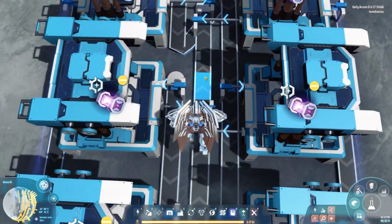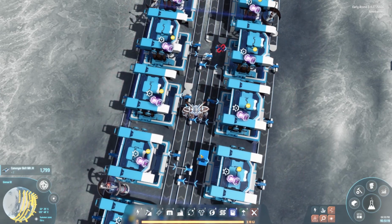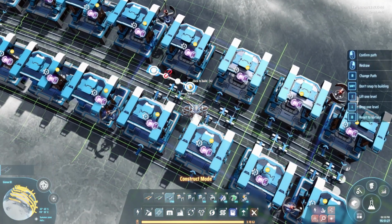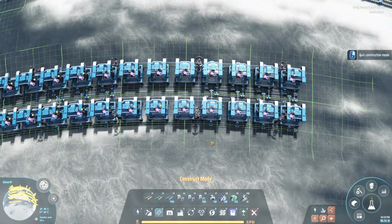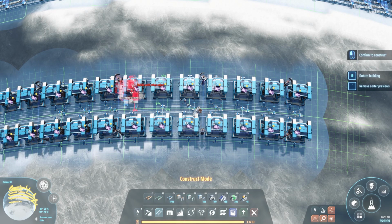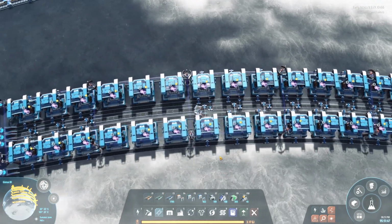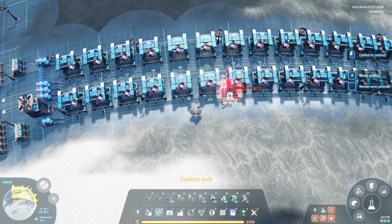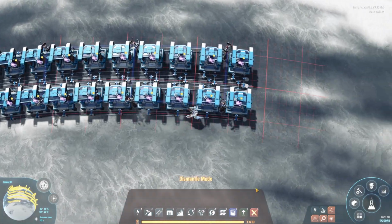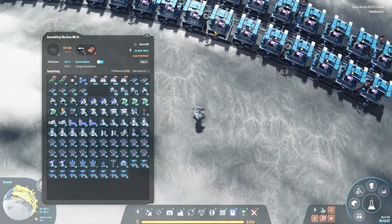Okay. Whoa, look at this belt. What in the... I don't know what is going on with this belt, but that is hilarious. Okay. Man, you know I really suck at this game when stuff starts to happen like that. Oh, it didn't even copy over my sorters. Okay. Well, we'll paste those over. No problem. Just a little glitch in the matrix, guys. Nothing to worry about here. Is that it? Nope, we're still missing some sorters. That's hilarious. Okay, well, it's fixed. I think everything looks good here. Let's trim back these belts here. That looks good,